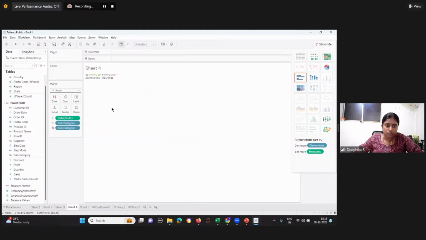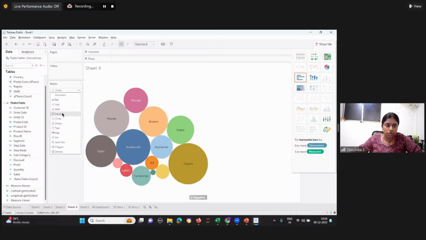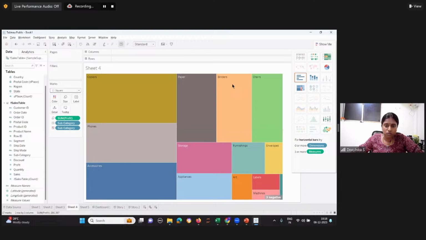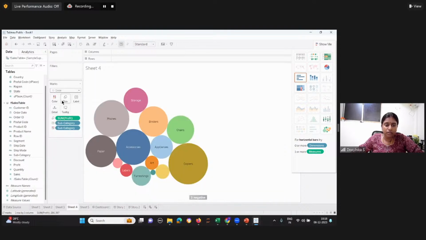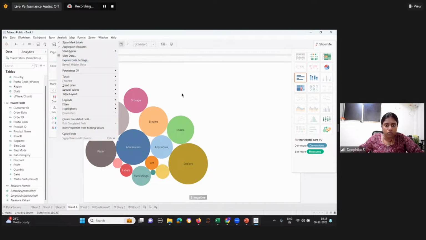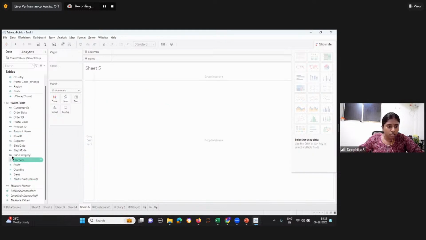So if you want a square, you can put square. So tree map will come. So like that, you can have different tool tips designed, different color tones designed, etc. Okay, so like that we can build more, so that we'll have one more dashboard, so that we can have a storyboard also. So we'll take shipment mode and